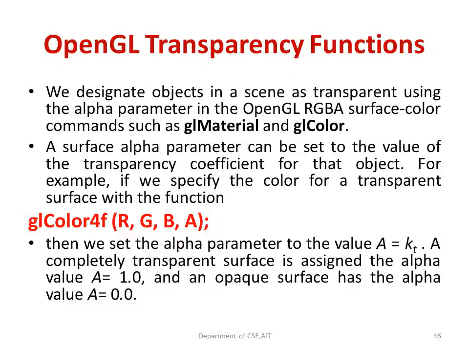So we know that this won't be effective unless we have a blending function. This alpha value is called the transparency coefficient, like how we had the ambient coefficient, the diffuse coefficient and the specular coefficient. Similarly, we have this transparency coefficient. Whenever we are making use of GL color in all these places, we will have the alpha. That alpha stands for the transparency value. How transparent the body is, how opaque the object is, can be got by this A value.